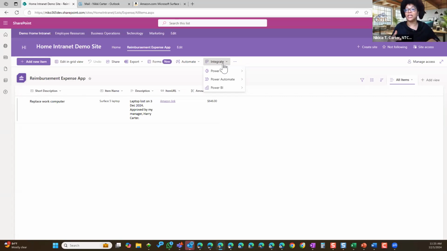When I do the customization, I can only do simple workflows, but the next session we will do more advanced, but we're going to keep it to the simple for this one.